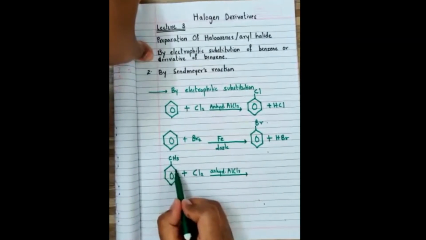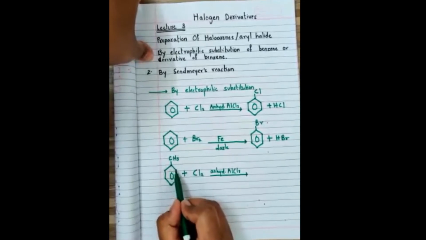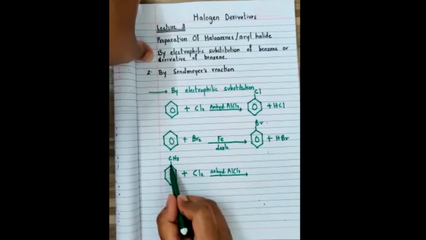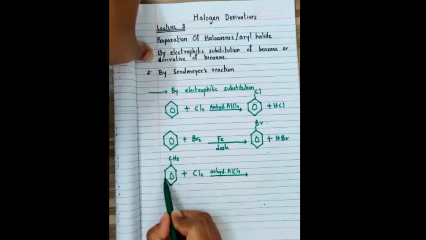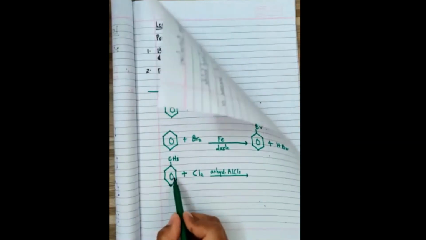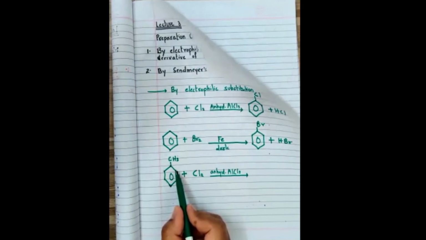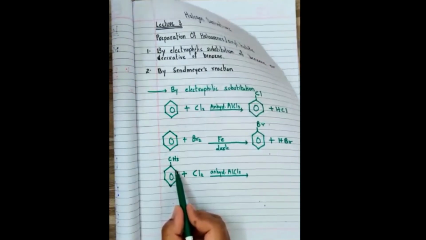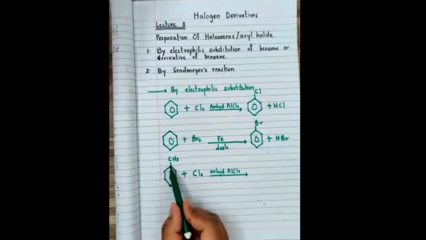These 2 carbons can be termed as same carbon because they are at the same distance from the substituent which is attached to our benzene ring. These 2 carbons can be termed as the same carbon, and there is another carbon at this position. So how many types of carbons do we have now? We have 3 different types of carbon which are at 3 different positions from our substituent.